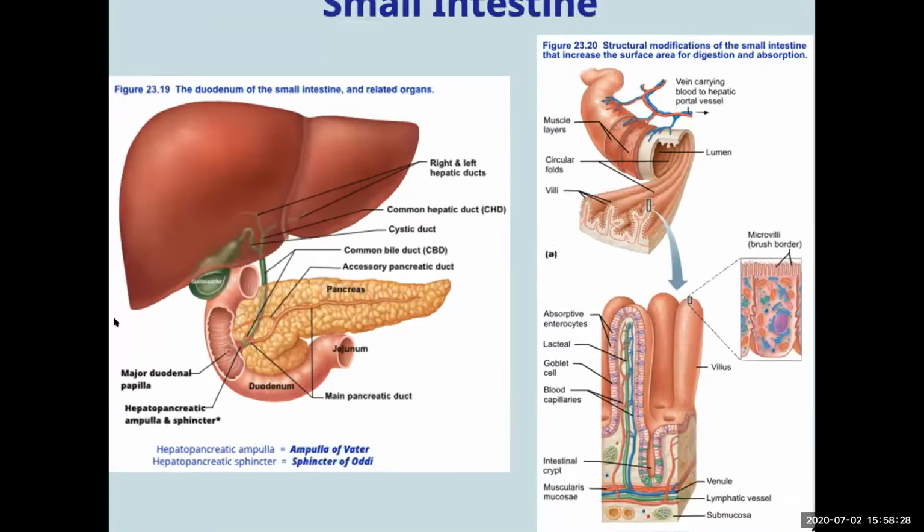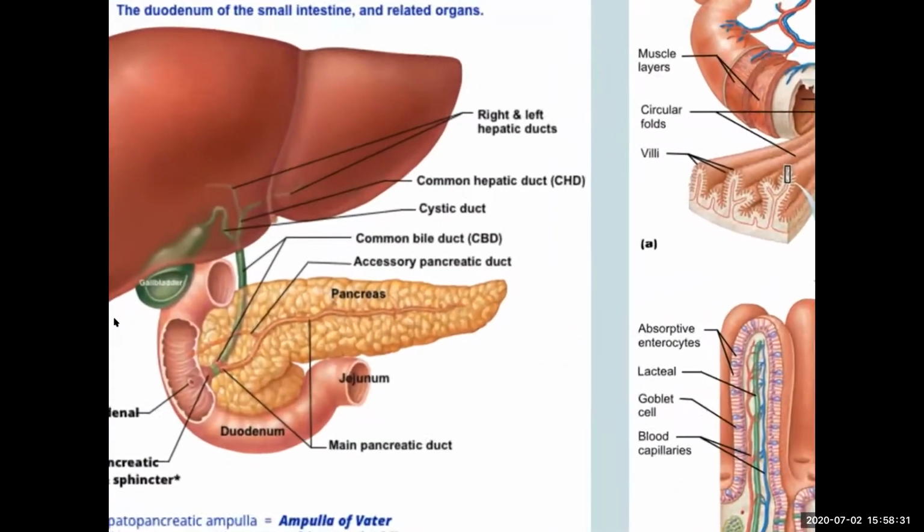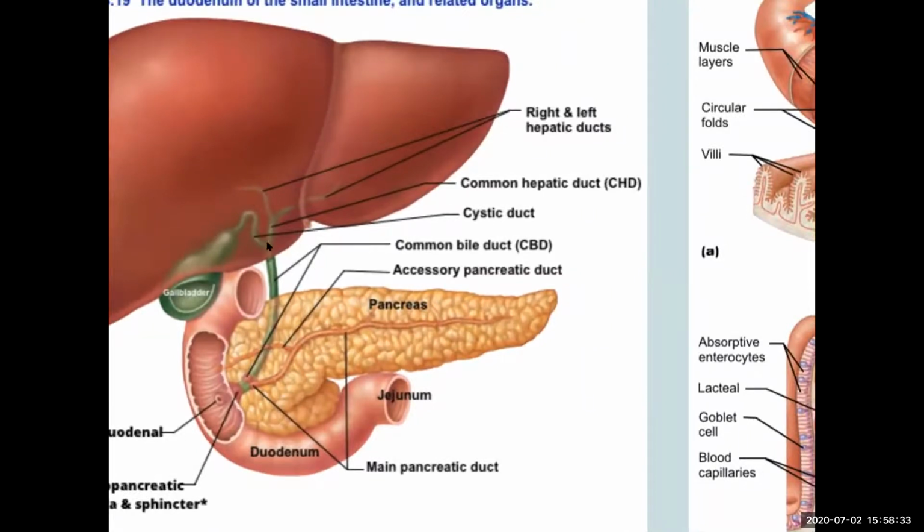Let's take a brief look at something that we'll discuss in more detail later, also in lab. Here is your biliary tree. Your liver is going to secrete bile, which is stored in the gallbladder. The gallbladder can release the bile during digestion. And then the pancreas also releases enzymes. Those can be released through the duct into your duodenum. So imagine the food has entered into the duodenum from the stomach, and as it enters, these juices and enzymes are being released through this